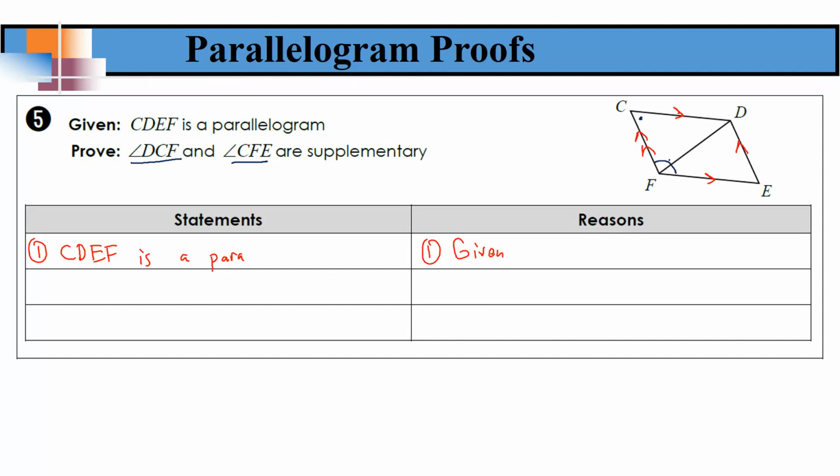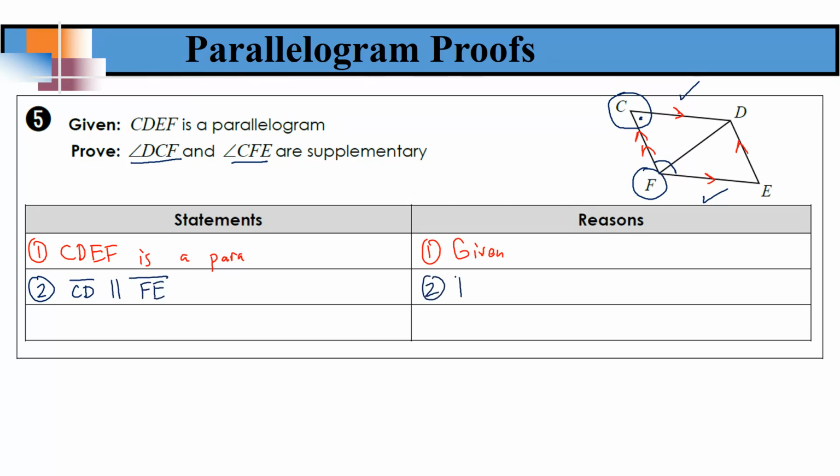Now you'll notice that crosses over into the other triangle, right? But all of angle C and all of angle F are supplementary. Well, first thing to establish would be that CD is parallel to FE. Then we can say that these two are consecutive interior angles adding up to 180 or being supplementary. So statement 2, we can say that CD is parallel to FE